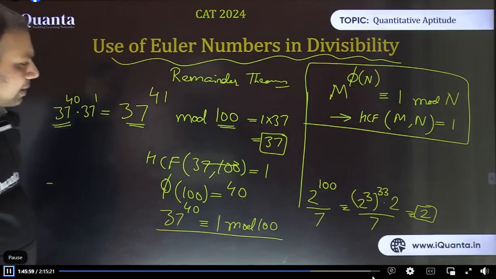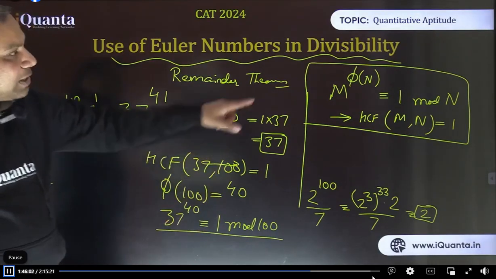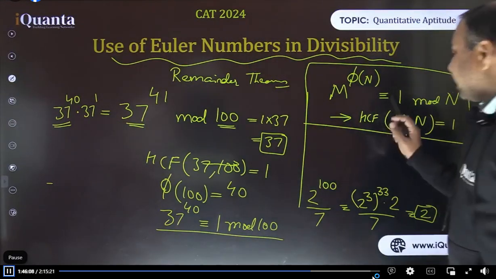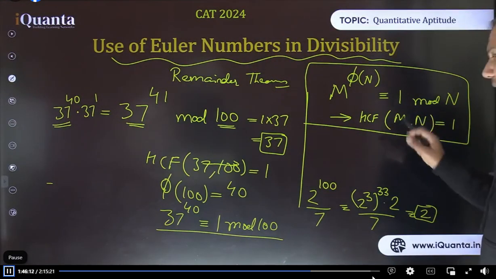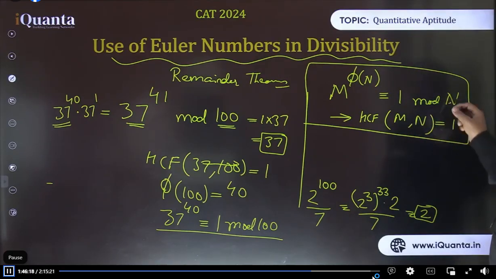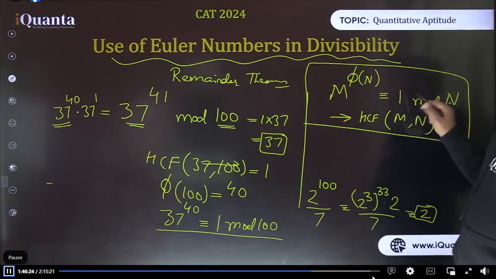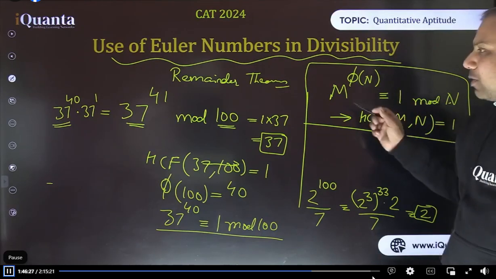Yes, don't worry, we are taking more examples. See, understand the steps. First, we need to remember this theorem. This theorem is Euler's remainder theorem, or just remainder theorem we can say. The condition is that the number and divisor should be co-prime, that is, HCF of m and n is 1. That's the first thing. Then, we calculate phi of this divisor, phi n. Now, this remainder theorem tells us that m raised to power phi of n will give remainder 1 with this particular divisor. Okay? So that's what we applied in this case.